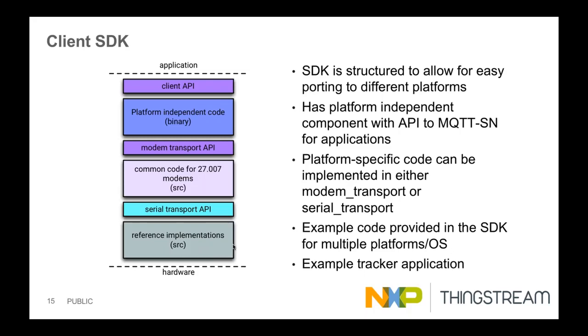Now, starting at the top, if you wish to integrate at the modem transport level, essentially what you're saying is that the cellular modem that you're using underneath the modem transport API is a modem that's compatible with 3GPP 27.007. That's a specification that you may not be familiar with, but essentially it is an extension of the regular Hayes modems. So it's a bunch of AT commands